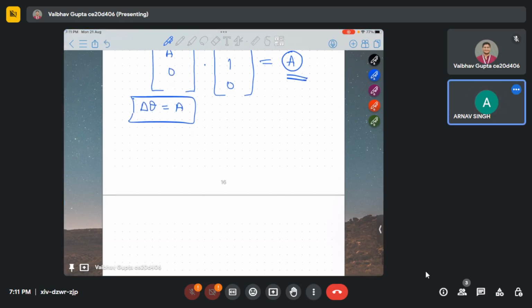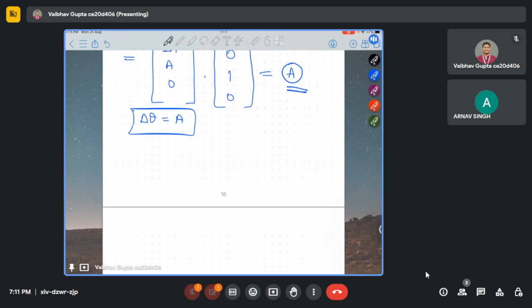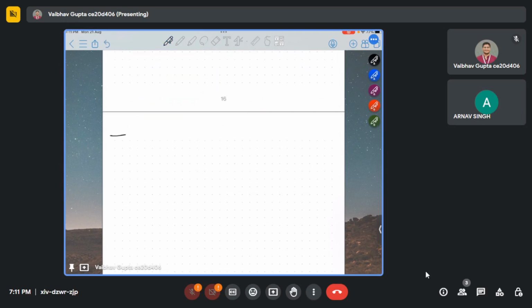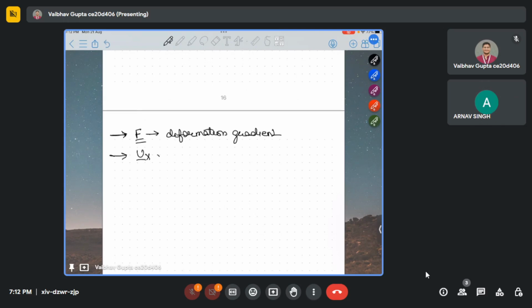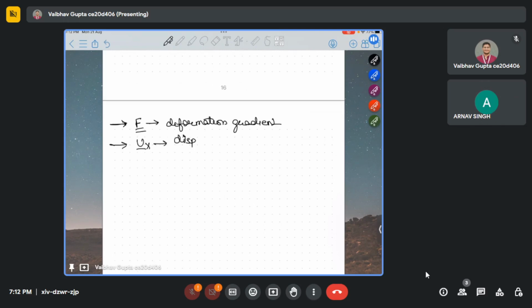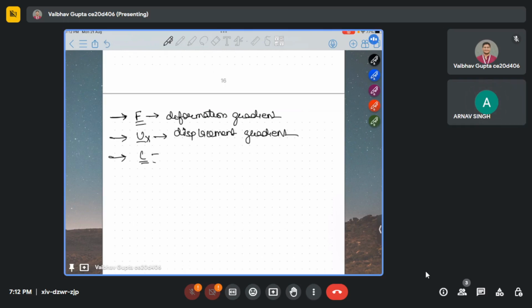So now 2-3 questions more. Till now you understood what we have found out. See, from the given motion field, we have found out F, the deformation gradient. Okay, we have found out U capital X, the displacement gradient. Okay, what we have found out, C, which is nothing but F transpose F, or 1 plus 2 epsilon. Okay, we have seen